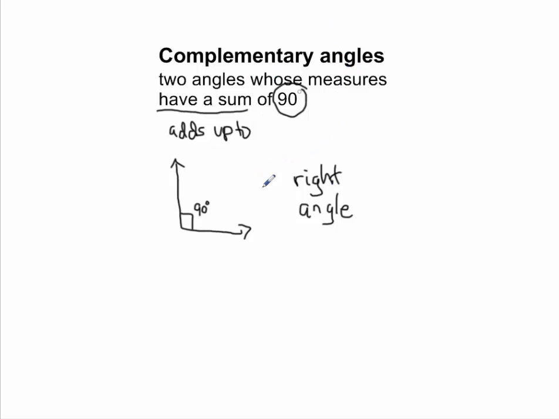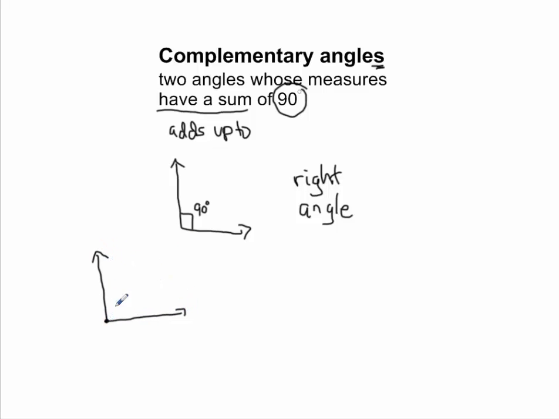Okay, so now that we know what it looks like, and another way of naming 90 degrees, which is also known as a right angle, now we're saying complementary angles. Again, this is plural. This is only one angle, so we want to talk about complementary angles, so more than one. So complementary angles is when you have a right angle,